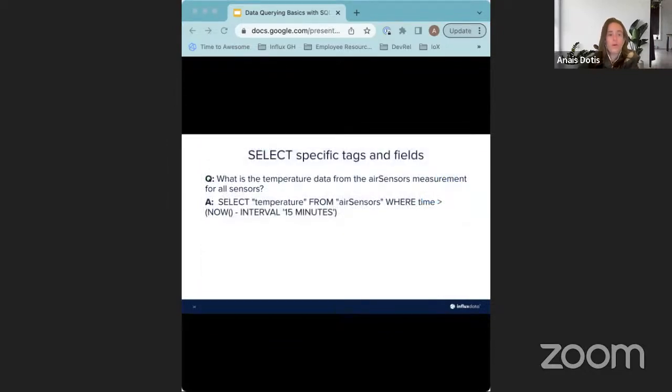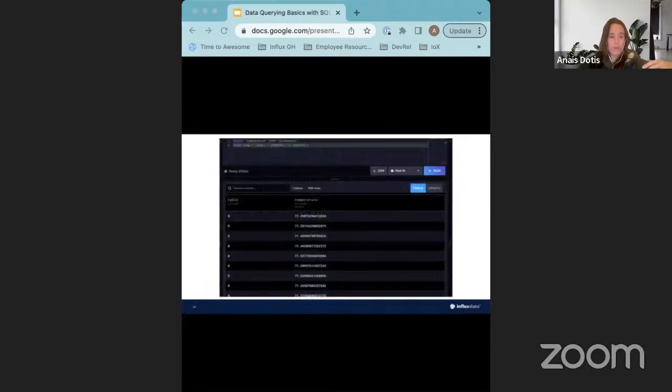So what if we wanted to ask, what is the temperature data from the air sensors measurement for all the sensors? We could select a particular column. In this case, we'll just select temperature from air sensors, and we can use a different interval if we want, 15 minutes, for example. In this way, we've selected just one column, temperature, which is a field